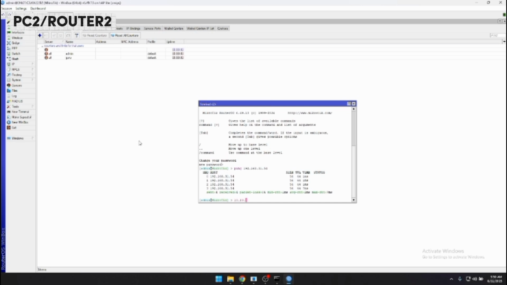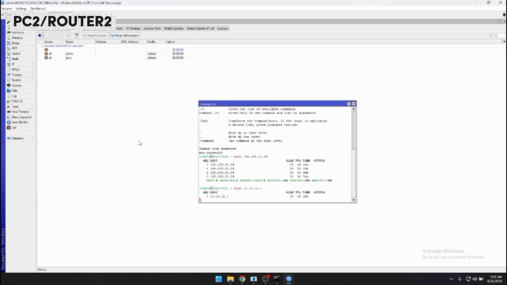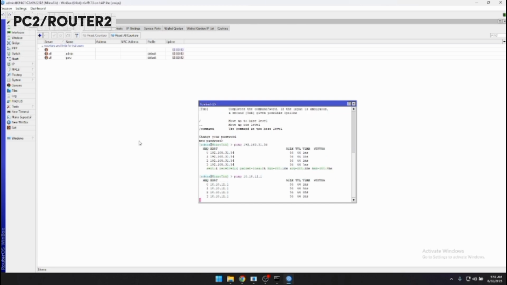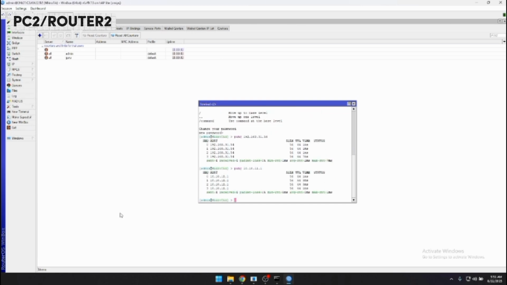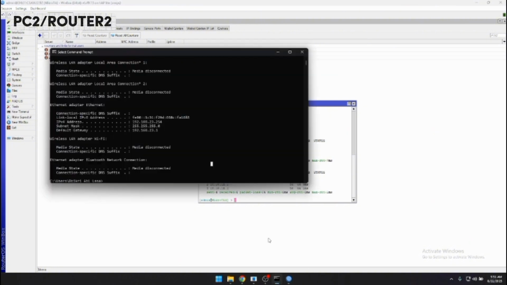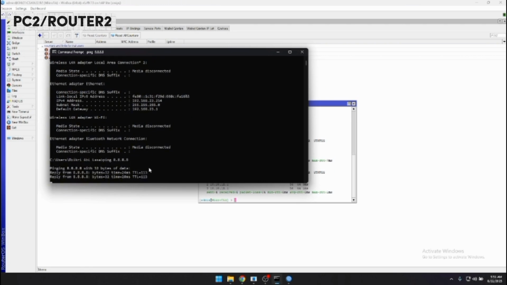This can connect to router 1, and then I want to check my friend's IP again. This can connect to my friend.